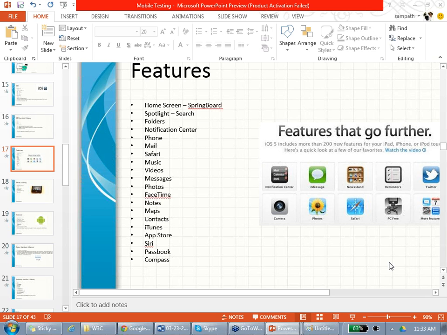And there is Compass, which sometimes works.